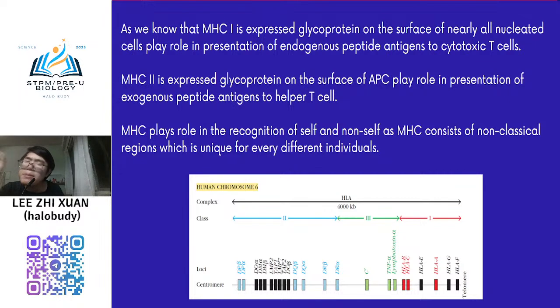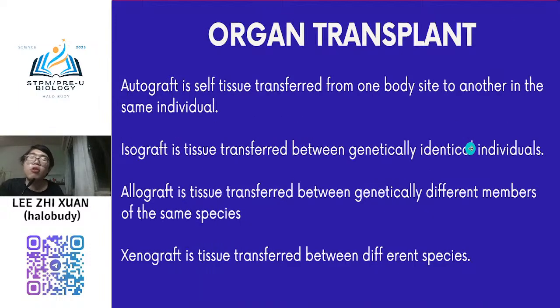It must be exactly the same before it knows this is my friend. If there is even a small change or a big change, then although you have MHC class 1 with the same structure, because the genetic sequences are different, with slight alterations, your immune cell will attack. So when you relate to organ transplant, that is why you need to do a compatibility test during organ transplant. It's not that if I want to donate, then I can donate. No, you need to do many tests. That's why we get rejection.